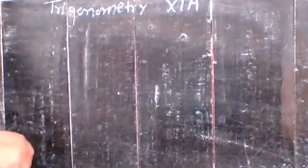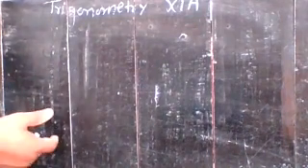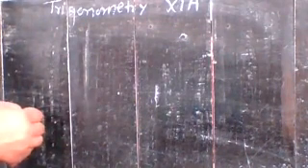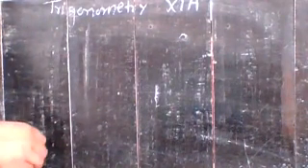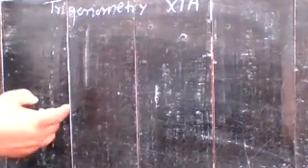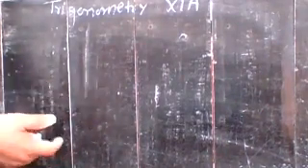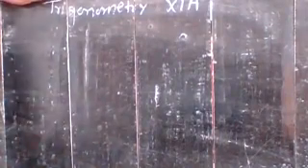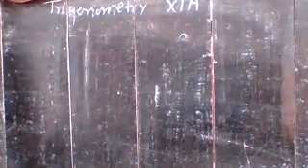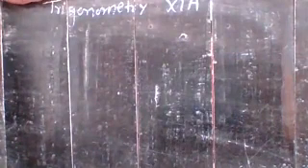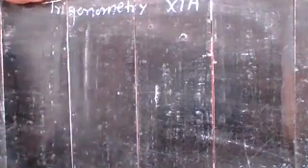Now, if there is a need to convert that equation in terms of only sine or in terms of only cos, what do you do in that case? How do you convert a cos x plus b sin x into a single sine or single cos term? So let me discuss it by a general method. Write it in this way.